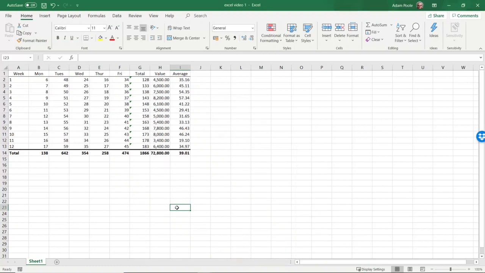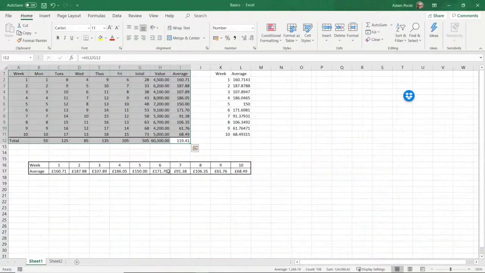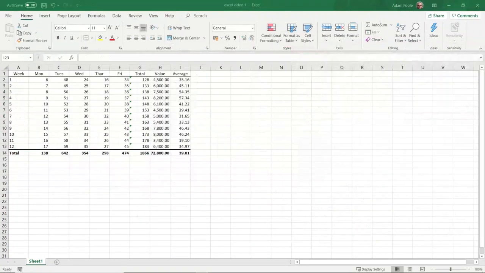So it's beginning to look a little bit more like it now. So what am I going to do next? Well, what I want to do next is think about putting the weeks and the averages into a Word document. Okay, and I want basically something going across the page with week 1, 2, 3, 4, 5, and so on and so forth, and an average. So something a little bit like this is what I want to produce. So the first thing I'm going to do is pull out the two columns using the